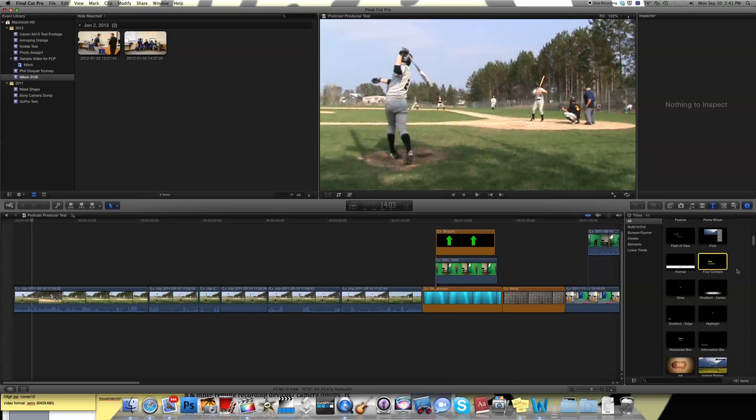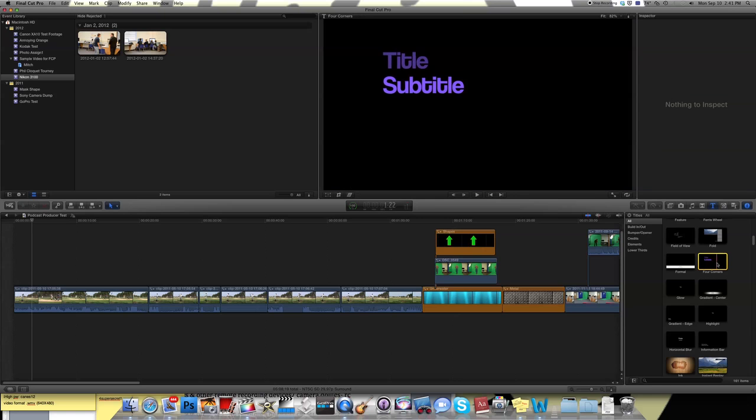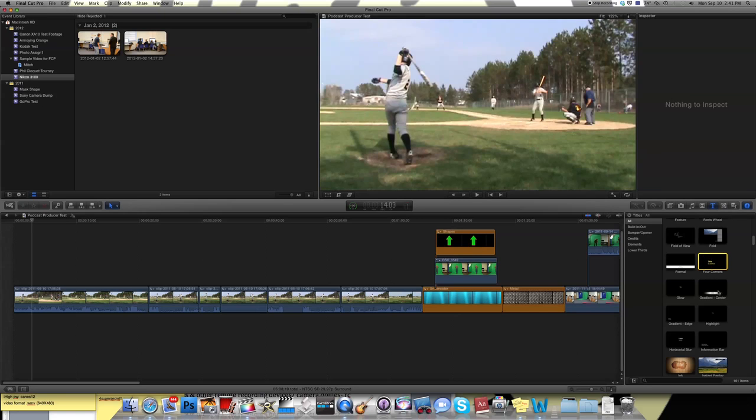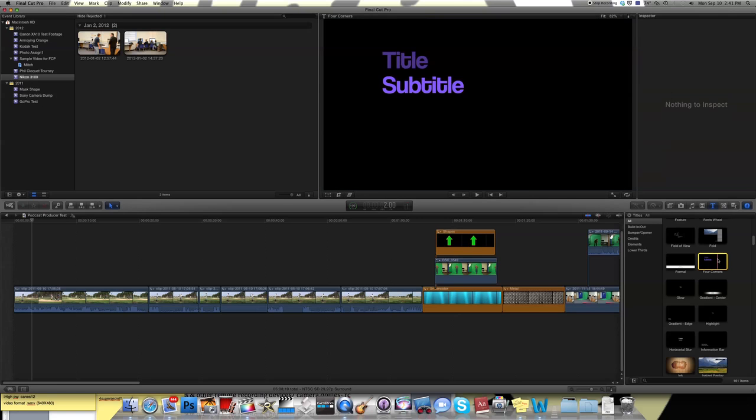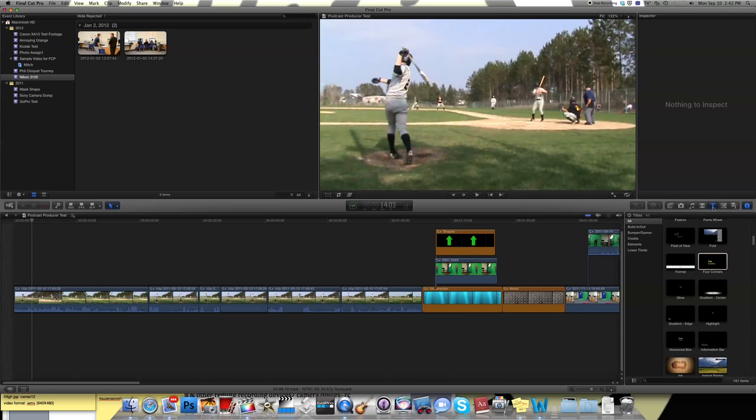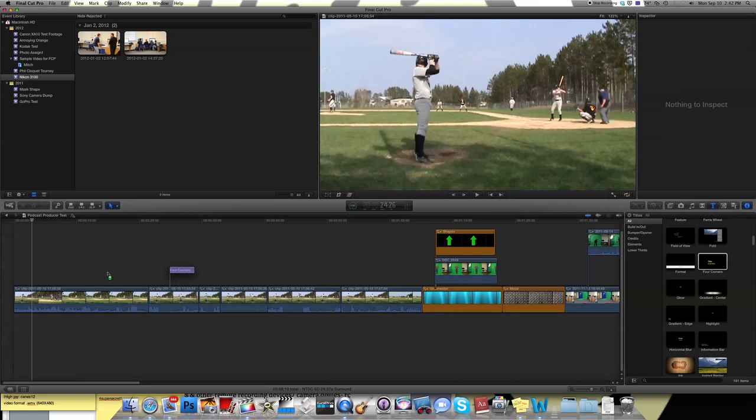So it'd be pretty impossible to cover that in one tutorial, and it would take many tutorials to cover them all. Right now I'm going to use four corners as an example. If I mouse over that, it shows me what it looks like. Same with the other options here. To use this, I'm going to grab it and drag it over onto my video. By the way, if I didn't say so, we use the T here for text or titles, and right now I'm set to all instead of being in a specific category. I'm going to grab this and drag it over on top of my video